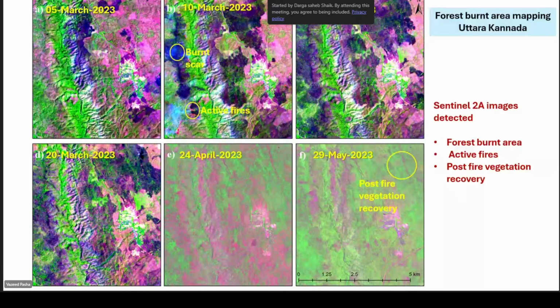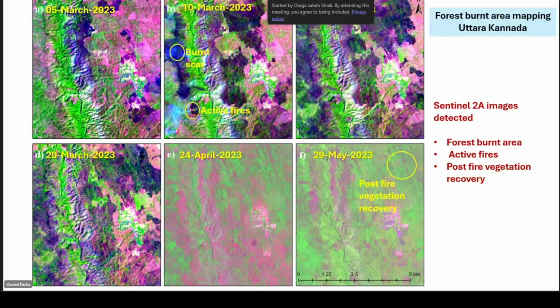Now, using one time period of satellite data cannot capture the full fire trajectory, the burnt area trajectory. Hence, multi-source, multi-temporal satellite data is very essential for monitoring progressive fire in the study sites. So generally, we use one or two time periods. For example, if you take the 5th March image, you will get only 30% of the fire and burnt area.